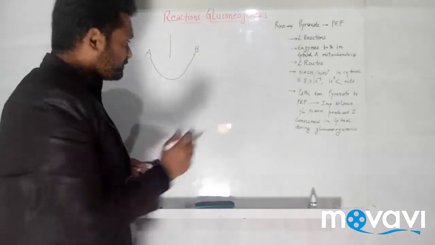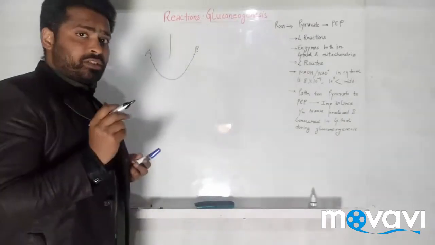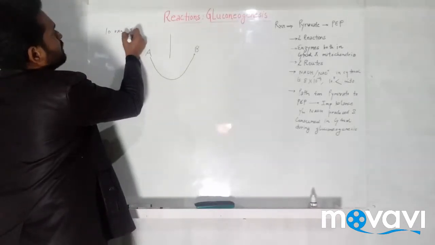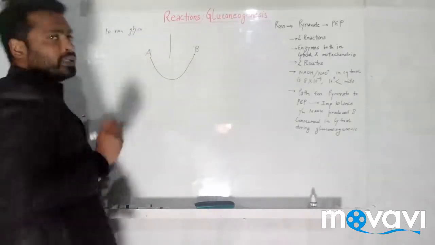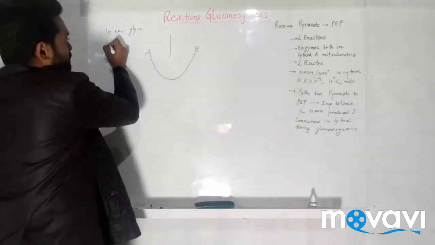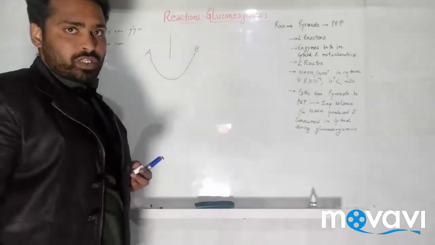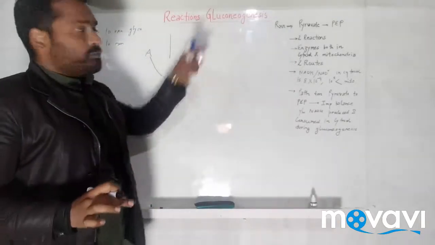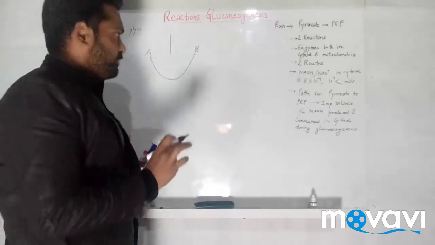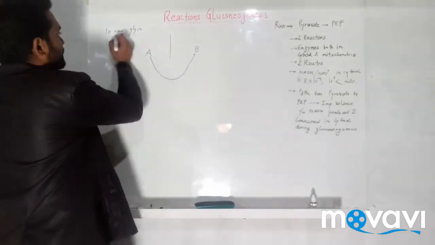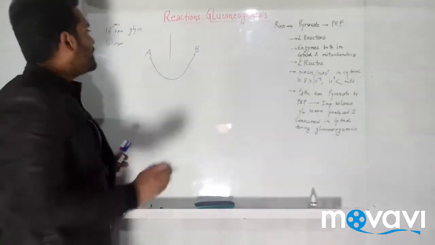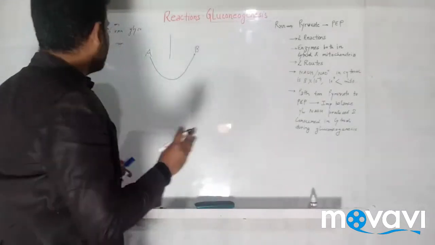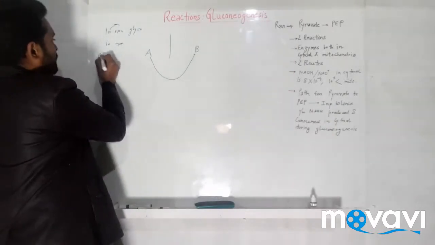gluconeogenesis reactions. Let's see how many reactions there are in glycolysis. There are 10 reactions in glycolysis and 10 reactions in this pathway also, gluconeogenesis. So what is the difference? Although there are 10 reactions in each of these pathways, they are different. 7 of these reactions of the glycolytic pathway are the same in gluconeogenesis, but 3 reactions catalyzed by the,